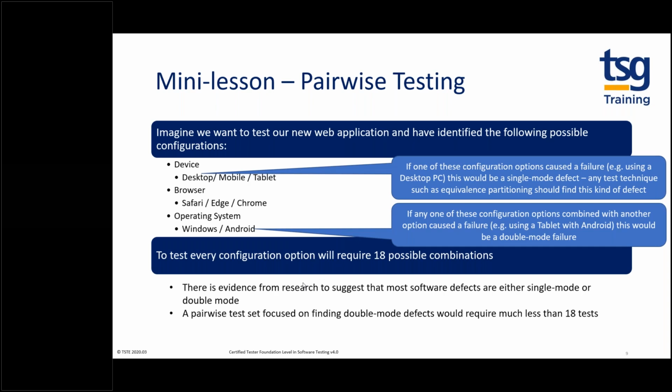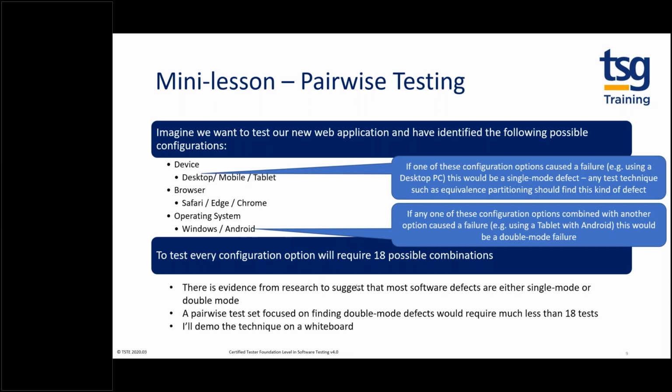So this isn't the only method you use when testing. This should be a supplement with tests that are based on what the product should do, our positive tests based on the requirements. So if I wanted to create a pairwise test set, then I'll do this from first principles